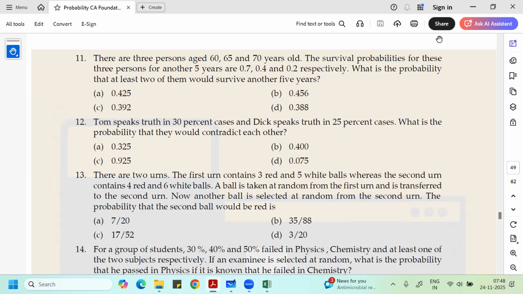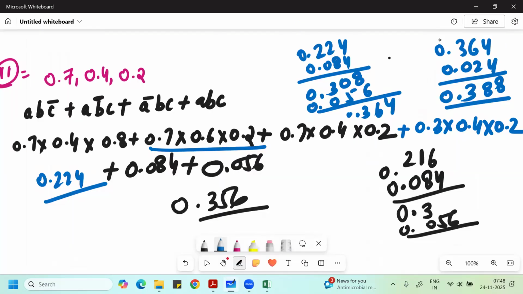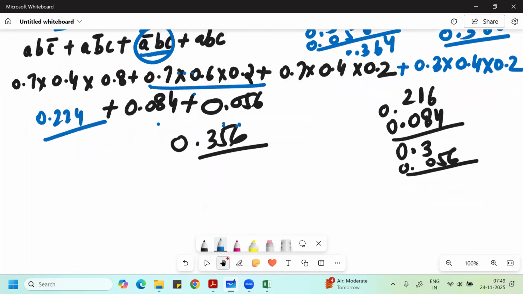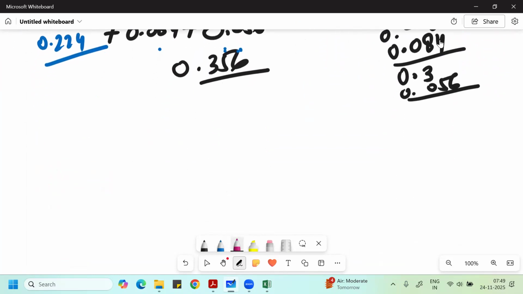Okay, so one case I was missing, this case. So A survives is 0.7. A does not survive is 0.3. B survives is 0.4. B does not survive is 0.6. C survives is 0.2. C does not survive is 0.8. Okay. Now